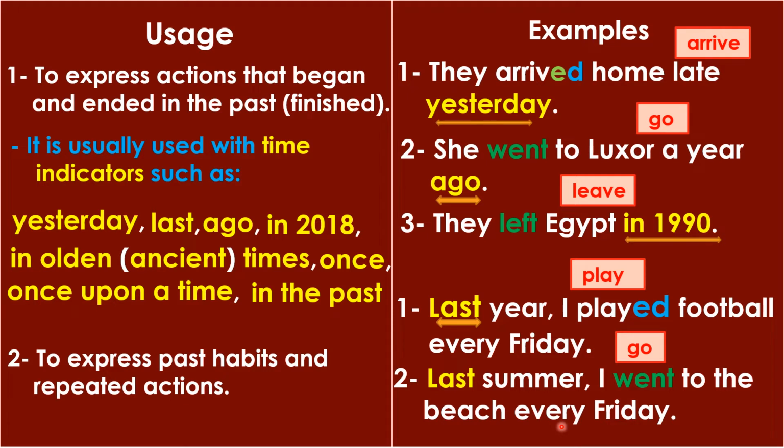Okay, so went is the past form of the verb go. طبعا last هنا اللي هي الماضي من الفعل go. دي كانت it was a past habit or a repeated action in the past. طبعا دي كانت عادة في الماضي. Last summer الصيف اللي فات I went to the beach every Friday. كنت بروح للشاطئ كل